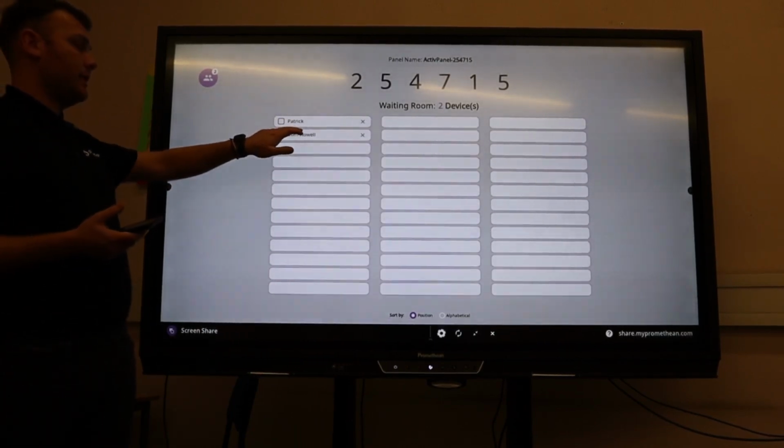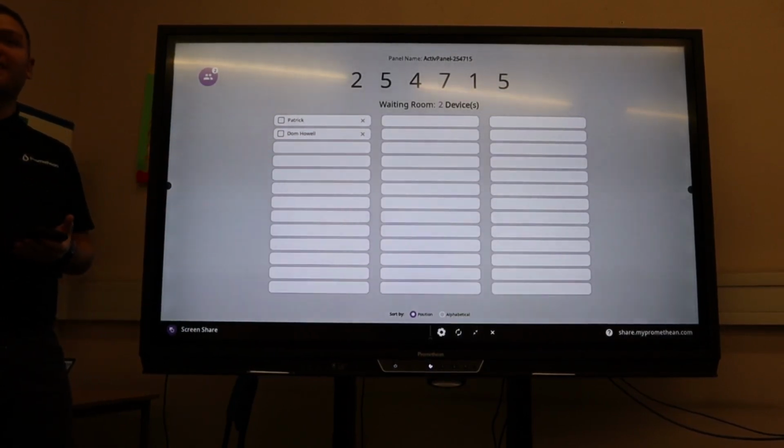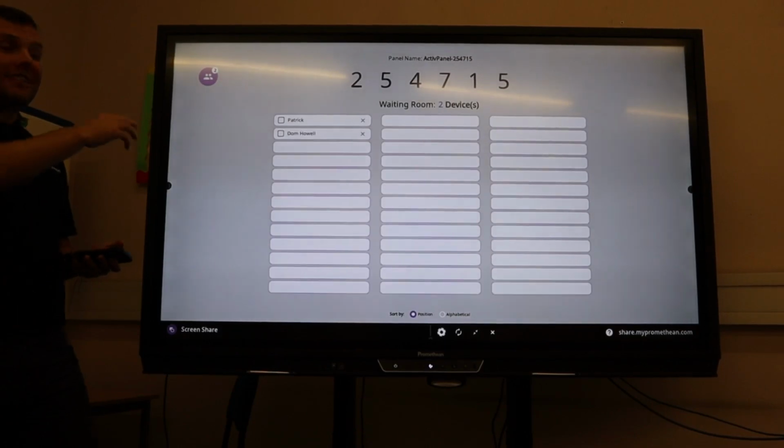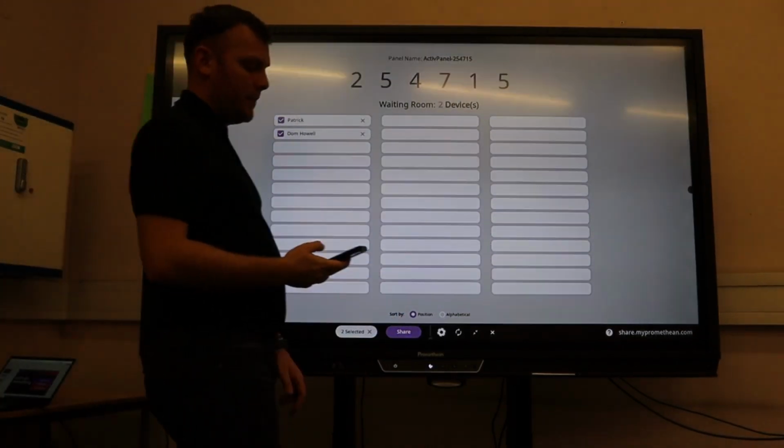So we've got Patrick as well in the waiting room. I'm guessing you do not want me to share your screen. I don't know who Patrick is, sorry. So do you want me to put your screen on or not? Yeah. Yeah? So if I click on Patrick, I'll put mine and Patrick side by side,